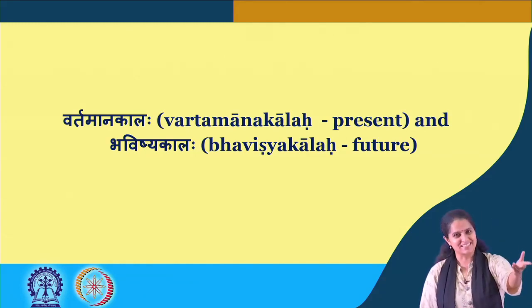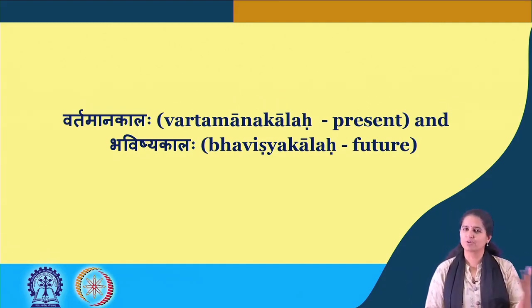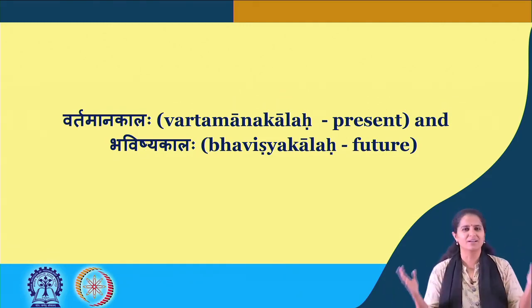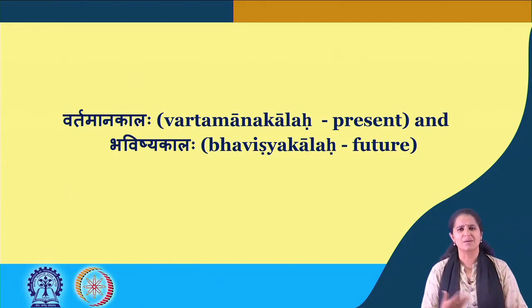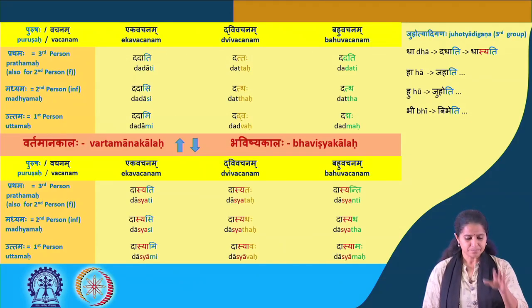Dadati becomes dasyati, and then the rest conjugates like any of the verbs from the different groups that we have seen, the bhuādigaṇa, the churādigaṇa. Sarvesham rupani prayah samanani eva bhavanti. So the forms of all these verbs are more or less similar. So let's have a look at the table there.